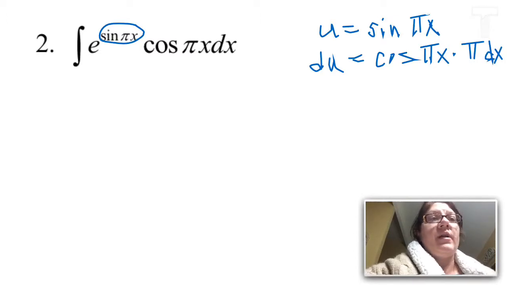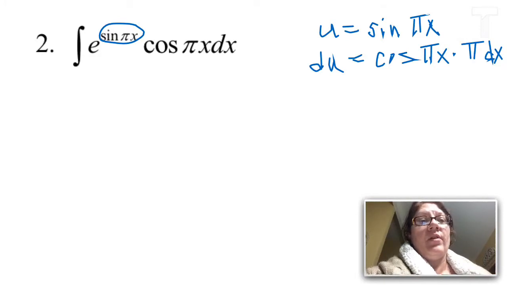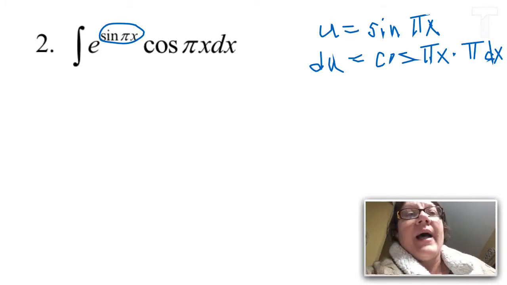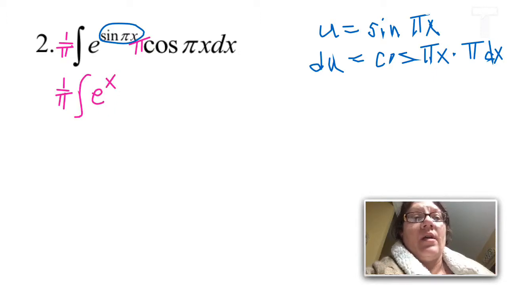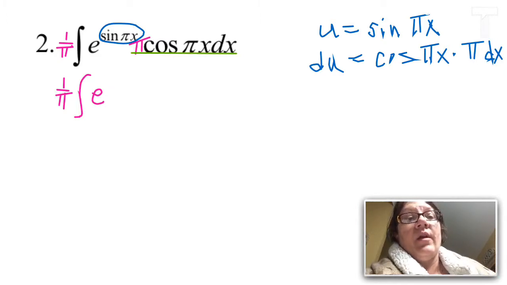And so I look over here and I say, well, how much of that is missing? And the only thing that's missing is the pi. So I'm going to sneak a pi in there. But that means in front I have to have the 1 over pi. So now I have 1 over pi and the integral of e to the x. And then all of this stuff, oops, I meant e to the u. And then all of that stuff turns into a